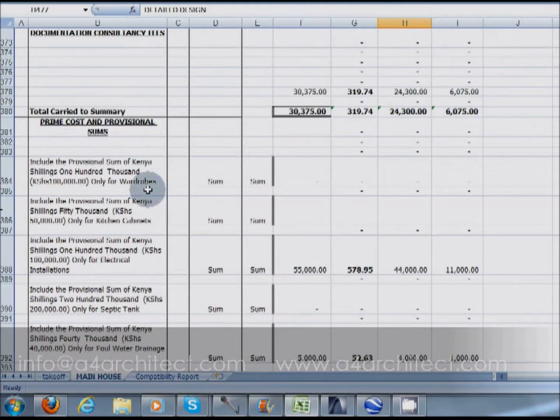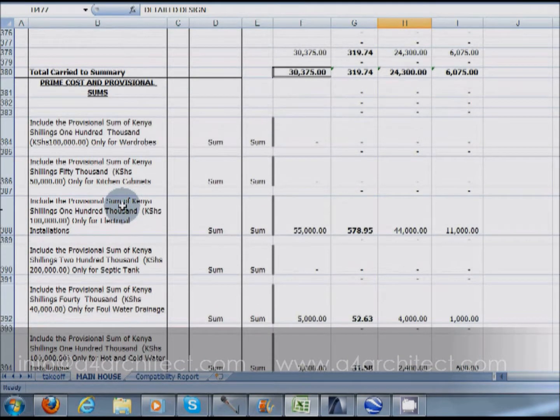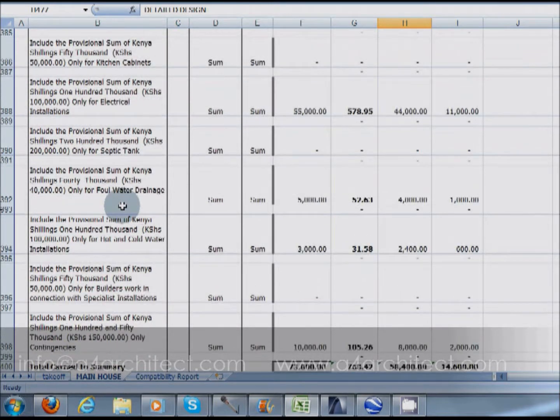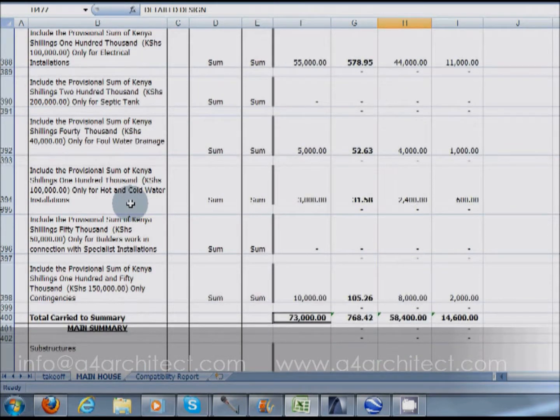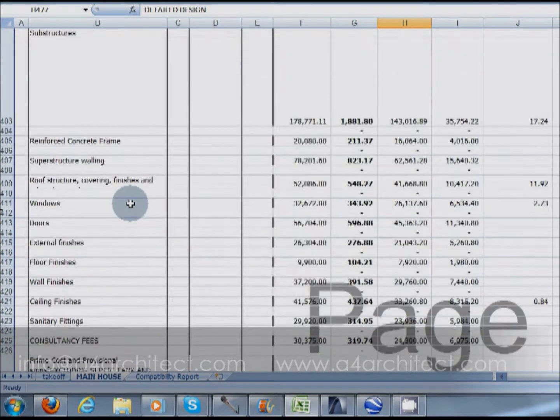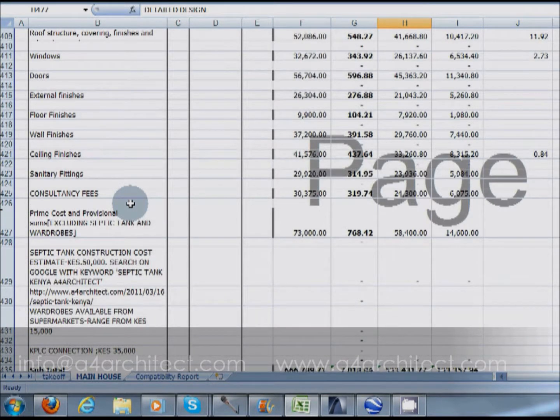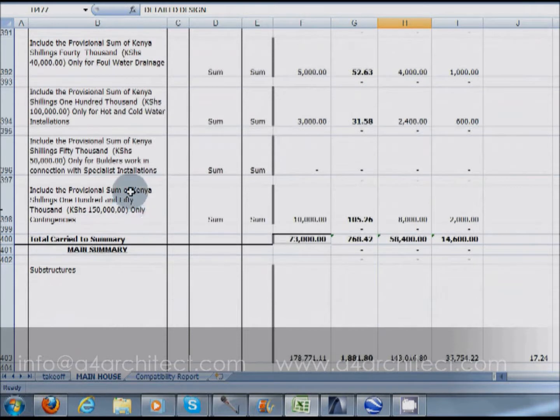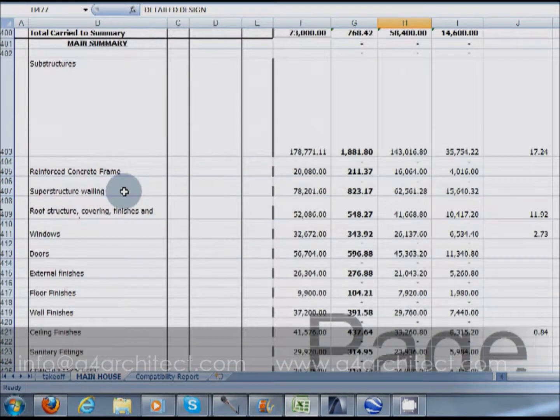Then we come to the prime cost and provisional sums. These are external works, mostly electricity connection. We're talking about septic tanks, cold water installation, and so on. These ones, the costs are usually more or less constant. There's no big difference apart from the septic tank,